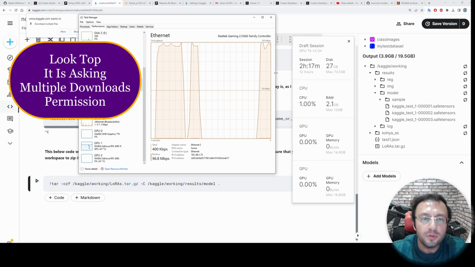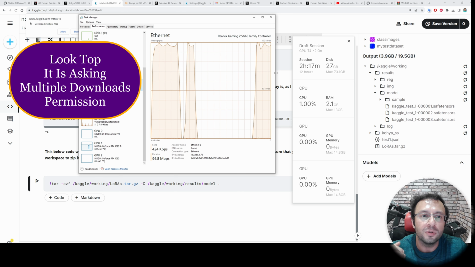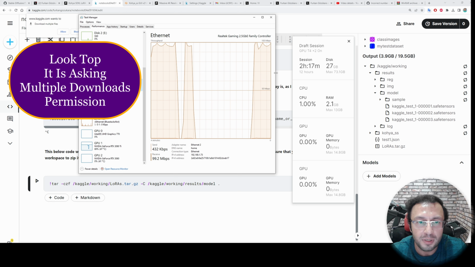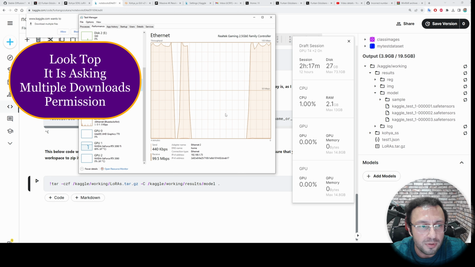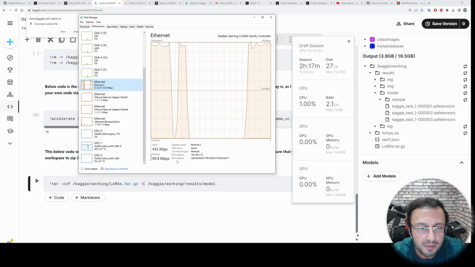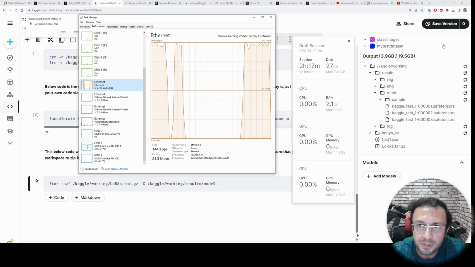To be able to follow this tutorial, you don't even need a computer. You can do this tutorial from your iPad, your iPhone, your Android phone, your Mac, wherever you are able to use a browser, and you can upload images and type text. So it is not limited to a computer. You can follow this tutorial anywhere. You see currently it is downloading with the full speed of my internet connection. Once the download has been completed, I will see the download happening from here.